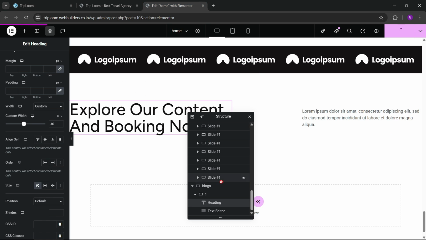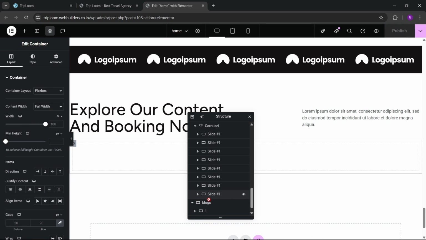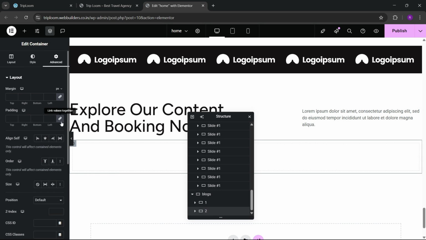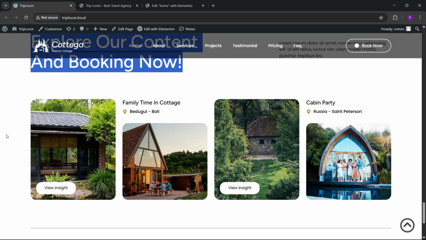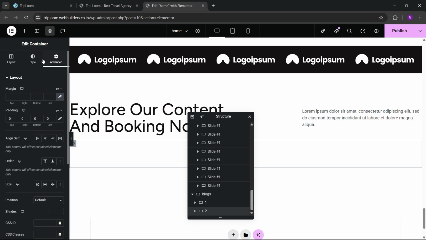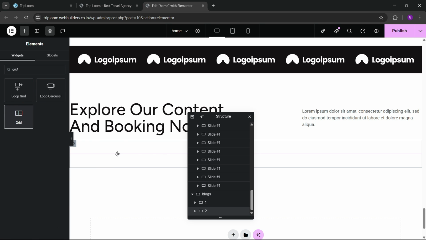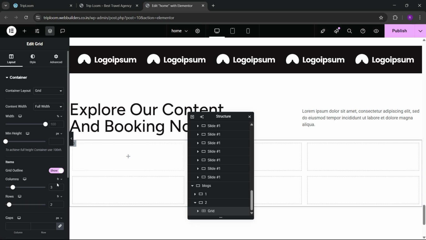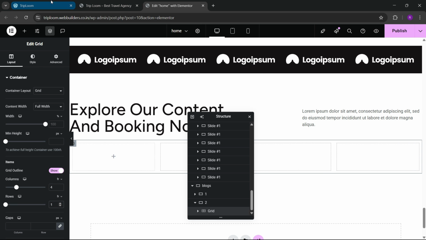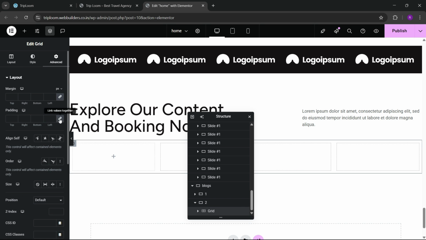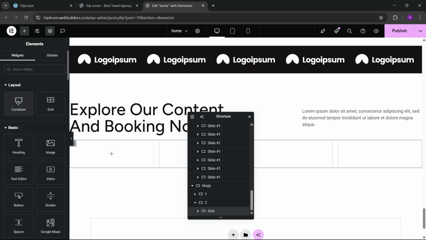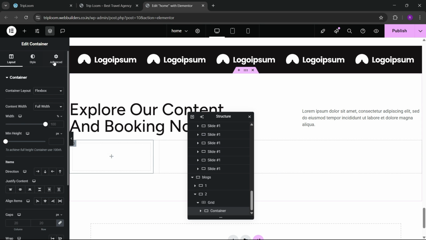So for making this we have to just go to this one, and we're gonna change add a new container. Here we're gonna rename this to 2. Okay, let's remove all of this. Now you can see that we have some grids here, 1 2 3 4. So for that we're gonna choose the grid, and we're gonna drag and drop this grid here. Now we're gonna go to 4, and we're gonna have this one. Okay, so here we're gonna have this like this, and here we're gonna add this,